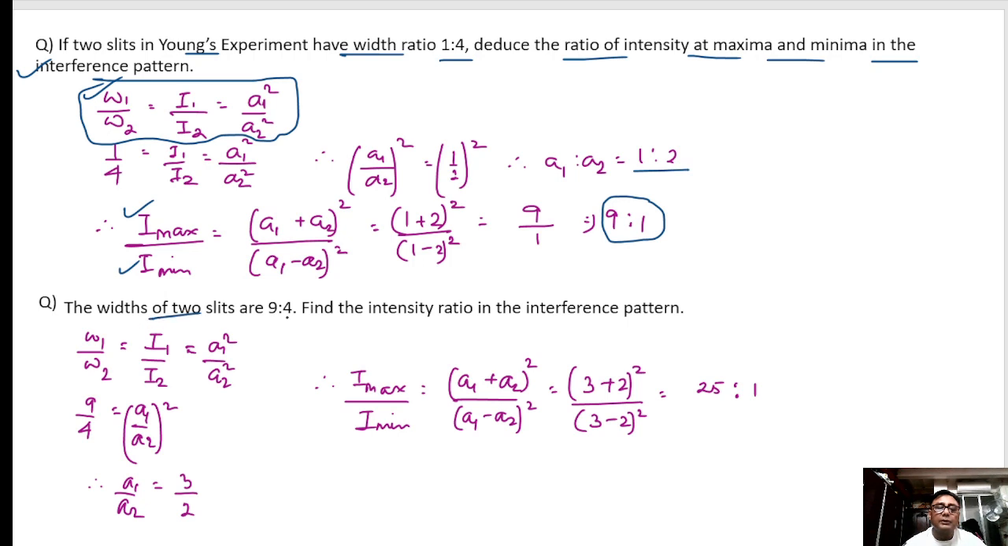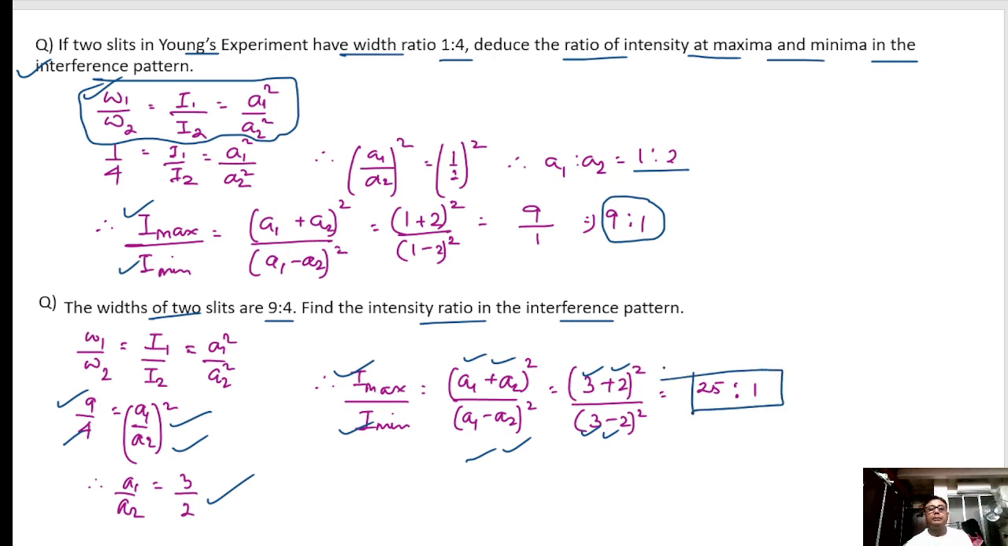Again, the slit widths of two slits are given. They are only asking the intensity ratio of the interference pattern. That means this is known to us, so we can get the ratio of the amplitudes. So I max by I min we can find out. Putting the values of A1 and A2, we can calculate the ratio of the maximum intensity to the minimum intensity. Next,